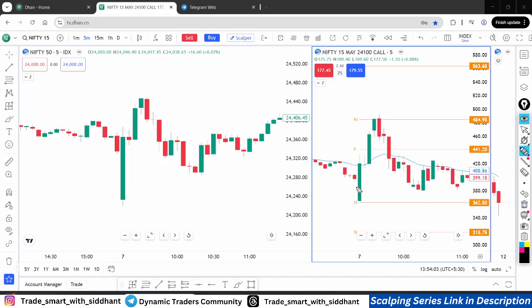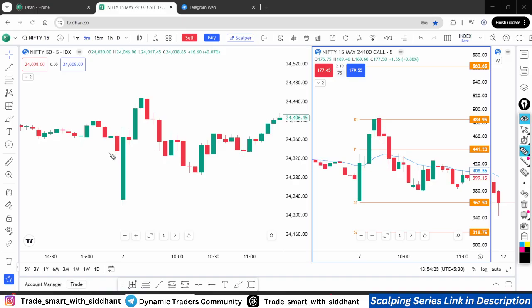That too is explained by the help of the pivot level. You can take bigger points as well in the scalping series. Anybody can make profit in this market. In option trading, anybody can make profit, but in order to make consistent profit, and after that to upgrade the consistent profit to maximize the profit, you must understand the pivot level strategy, which is explained in the scalping series.